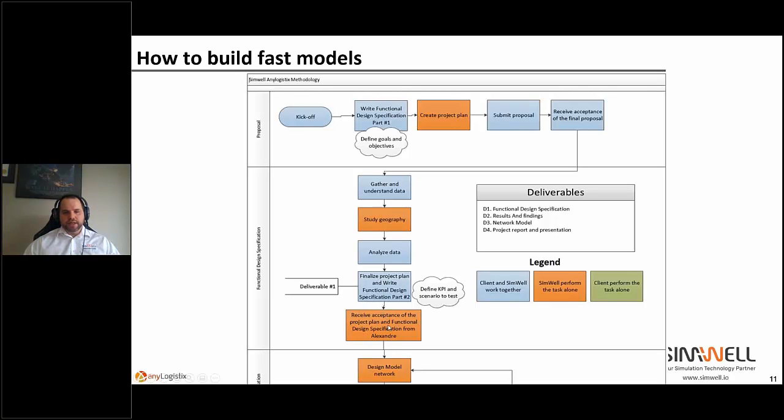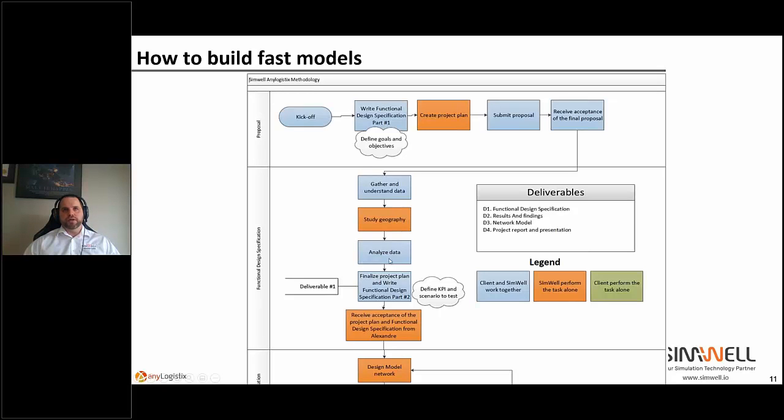And now, before the model design even starts, someone needs to approve that. And usually we don't send our junior people to design the model. In this part of the process, we have an experienced modeler, because the key to being successful in a simulation project is here.